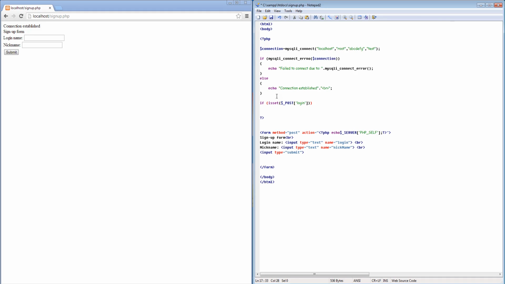Okay, so if that login value has been sent to the database,